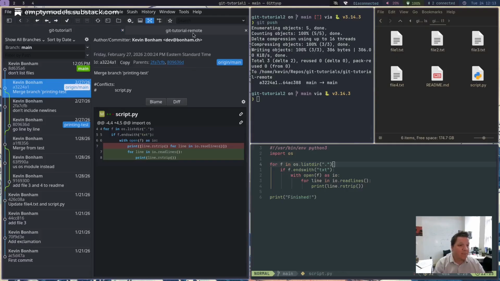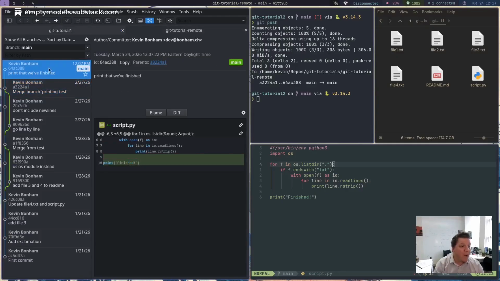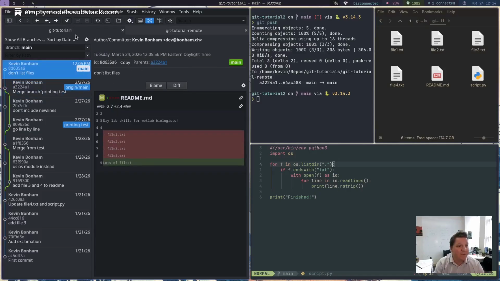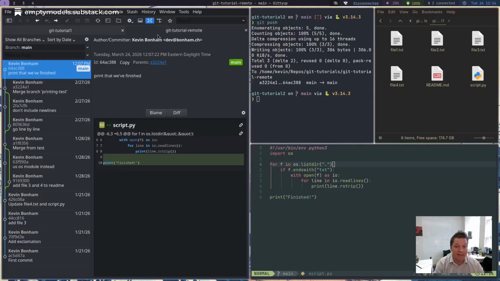So now if I look up here in my GUI, you'll see now I have a different commit, 64AC, that also points back to A3224A1, where I've changed this line in the Python repo. So now my remote and my tutorial 1 have different histories, right? We have everything up until this commit was the same, but now we've got a different thing pointing back to that commit. So now, if I try to merge from one to the other, Git's going to complain that we have diverging histories. Okay, so for example, if I come here,